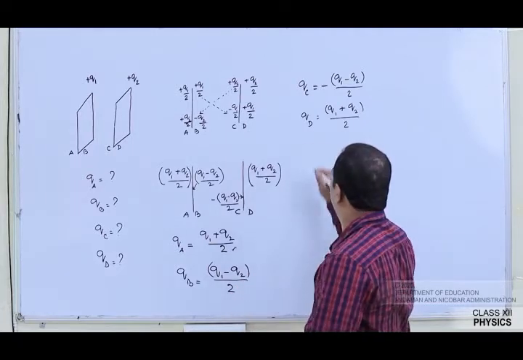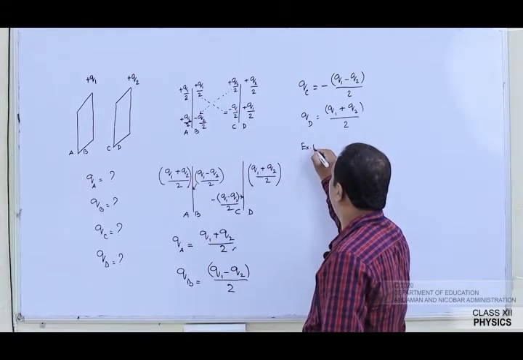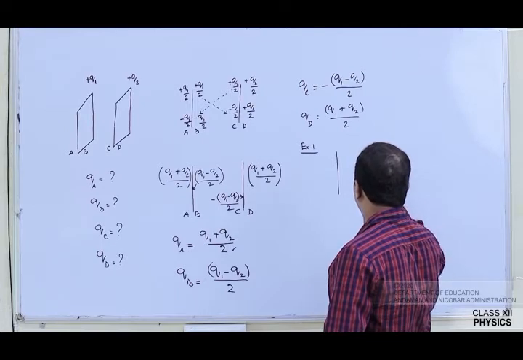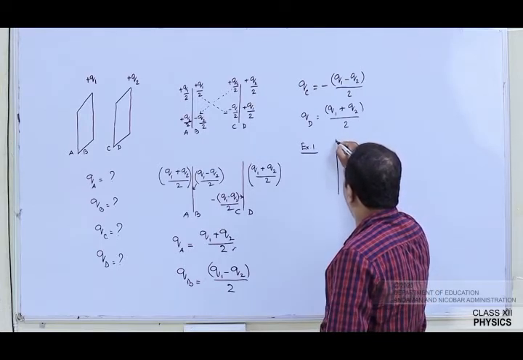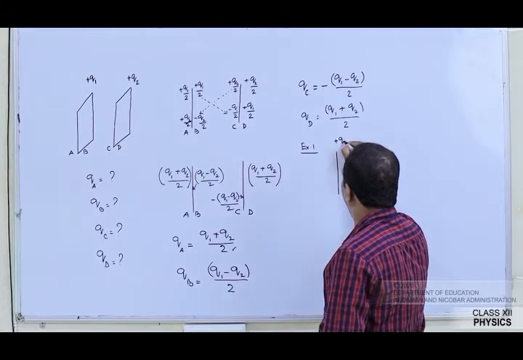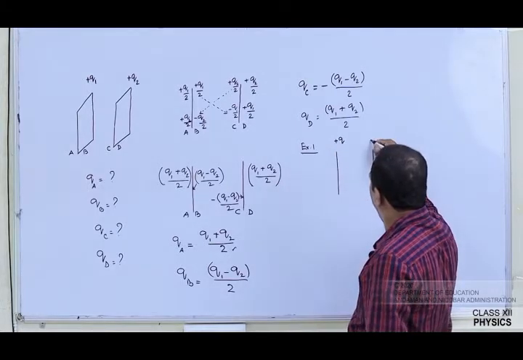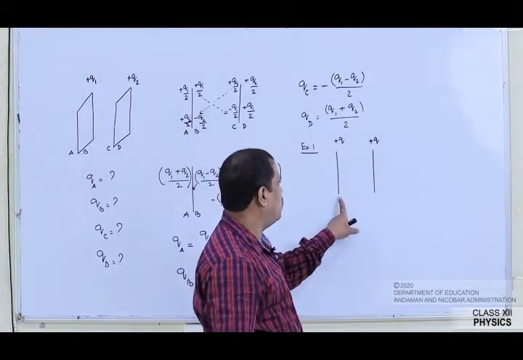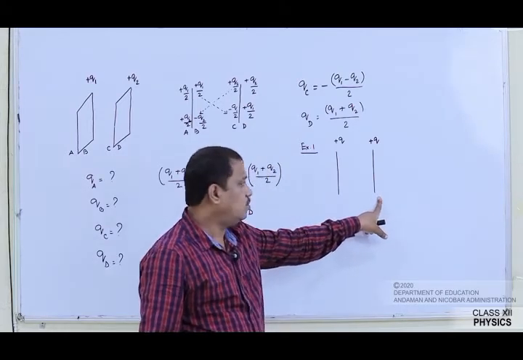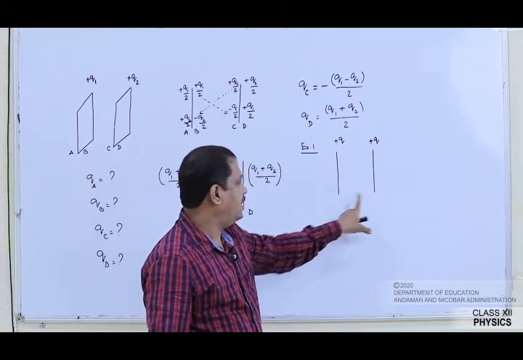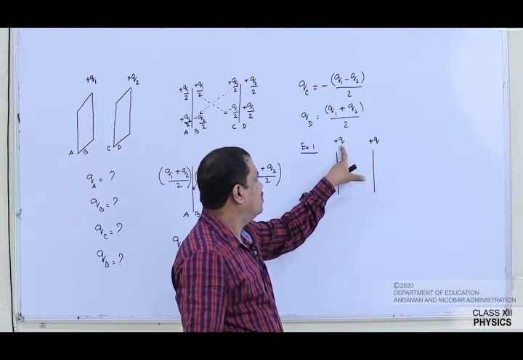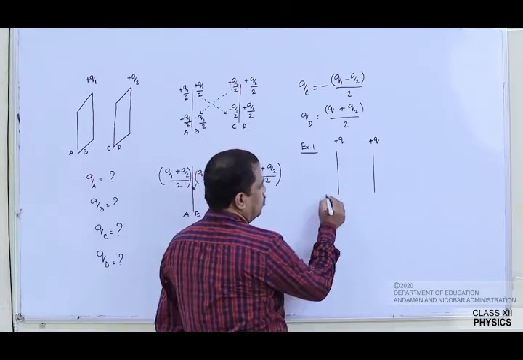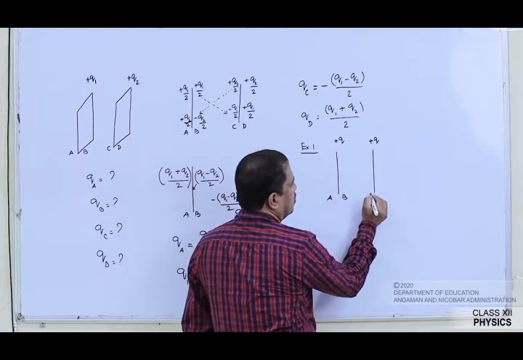Let us see an example. Example 1. I say that this is one conductor, this is another conductor. Let me suppose that I gave a charge of plus Q on this and plus Q on this conductor. What I mean is that two conducting plates, thin, large plates separated by a small distance and placed parallel to one another, are given equal charges of the same type. So to me this is A, B, C and D.